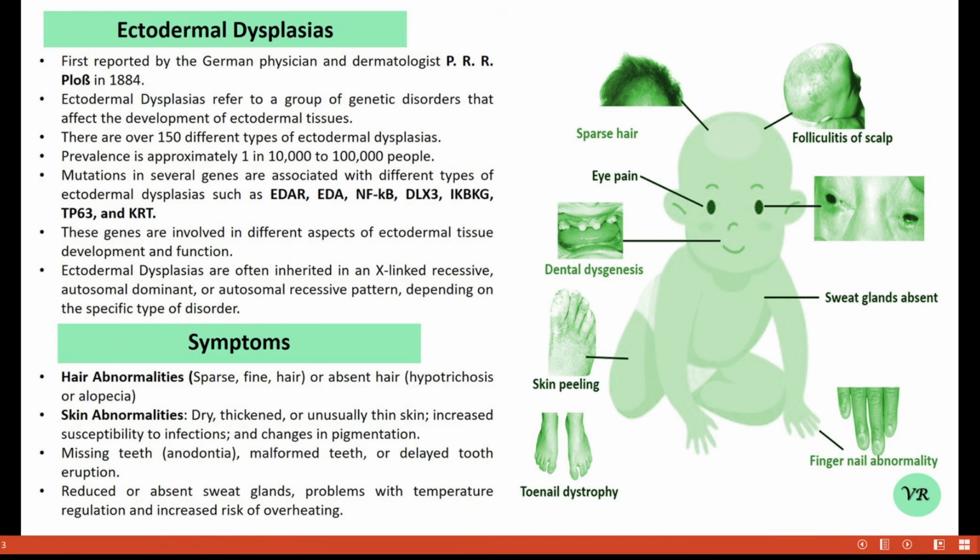To confirm the diagnosis and determine the specific type of ED, a medical geneticist may refer the patient for further investigations, including genetic testing, a sweat test, or skin biopsy. Ectodermal dysplasia treatment focuses on managing its wide range of symptoms with a multidisciplinary approach, as there is no cure for the condition. Key treatments include temperature maintenance, early dental care, hair care, and skin care.